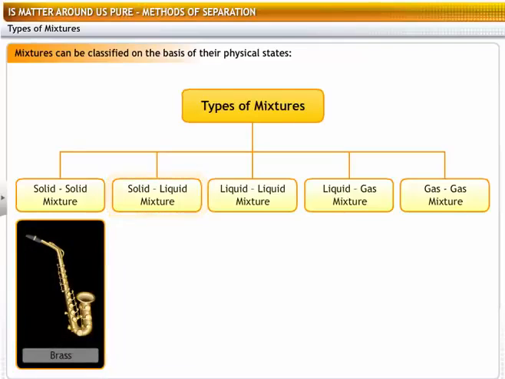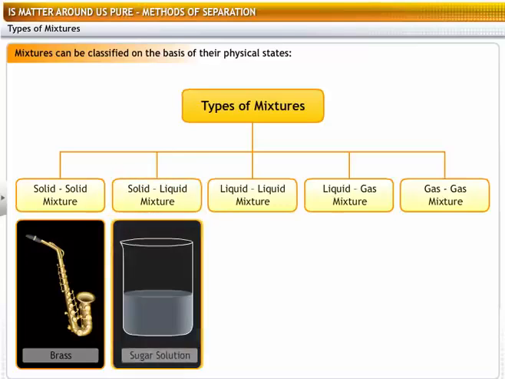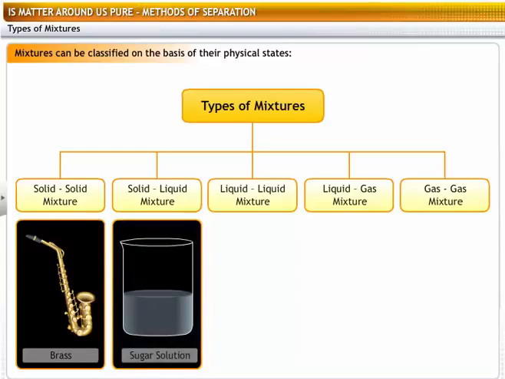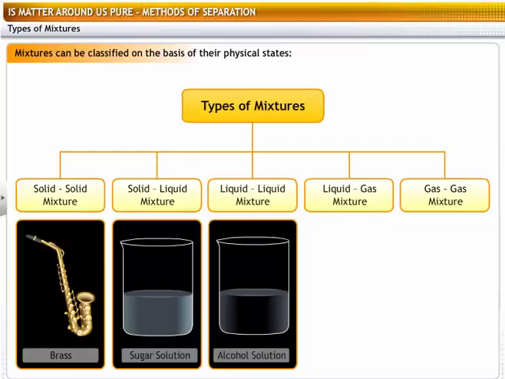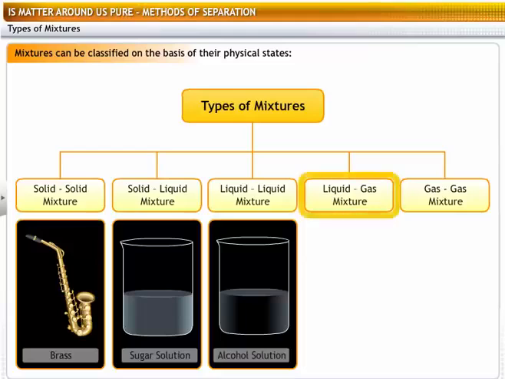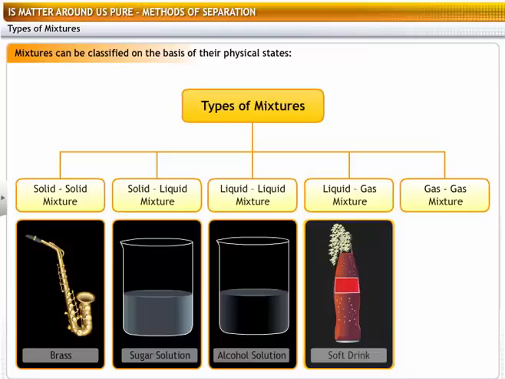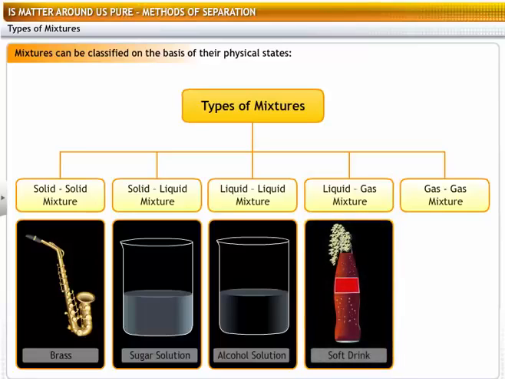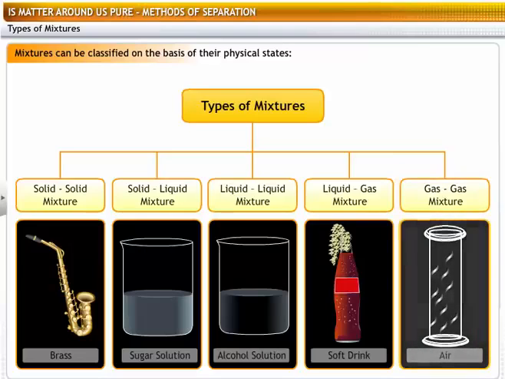Solid, liquid mixture. A sugar or salt solution is an example of a solution of solid in a liquid. Liquid, liquid mixture. Alcohol in water is a liquid in liquid mixture. Liquid, gas mixture. For example, carbon dioxide mixed in water. Gas, gas mixture. Air forms a gas in gas mixture as it is a solution of gases like oxygen, argon,